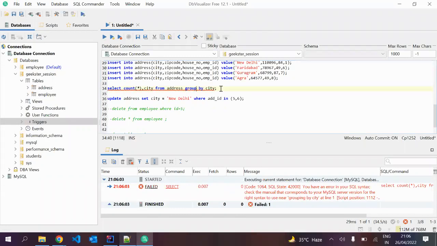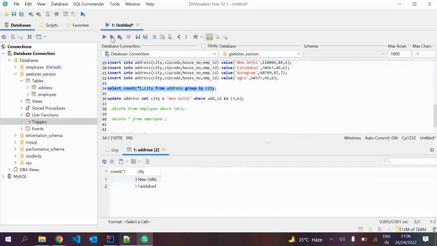Group by na. Okay, so basically grouping by कुछ नहीं होता, group by होता है. So here you can see for New Delhi I am getting count as 3, and for Faridabad I am getting 1. So here you can see I am getting the records based upon the count of each column,